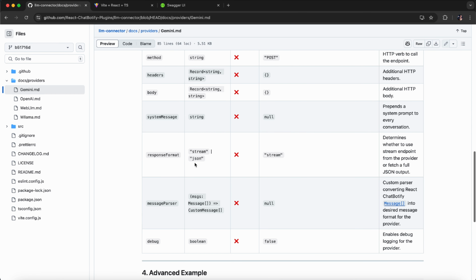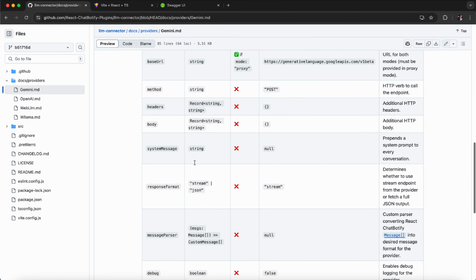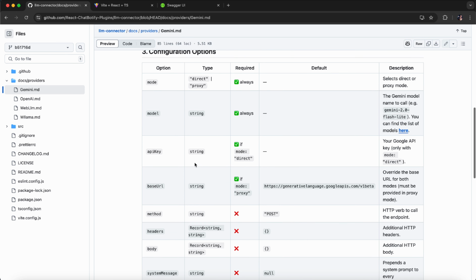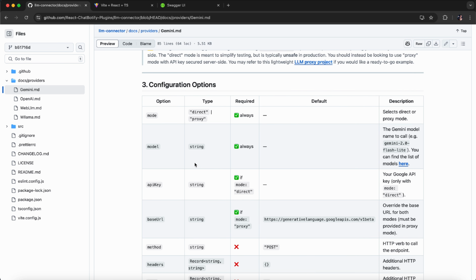Now, what we have here is a basic setup, but there are various other configurations available for the Gemini provider, so feel free to explore and experiment as you wish. If you would like to find out more about other LLM providers, such as for browser-based models or OpenAI, do check out our other